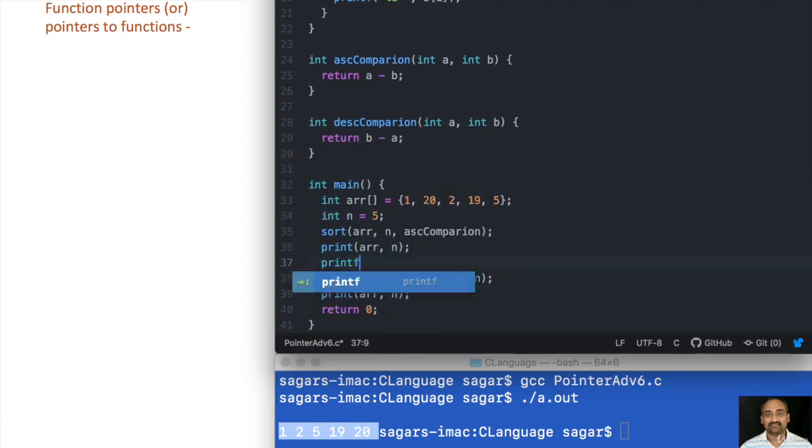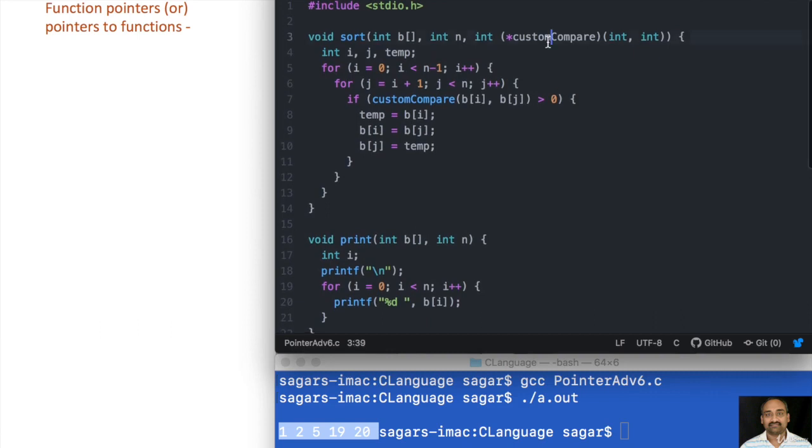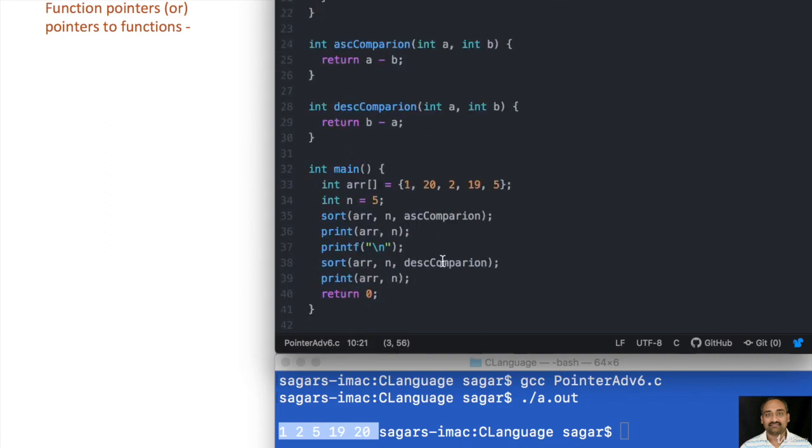That simply put printf slash n. Now in the second call to the sort, I will pass the descending order comparison function. Now here the custom compare is now pointing to descending order comparison, and based on that it arranges the elements in descending order. Now let us see how this works.